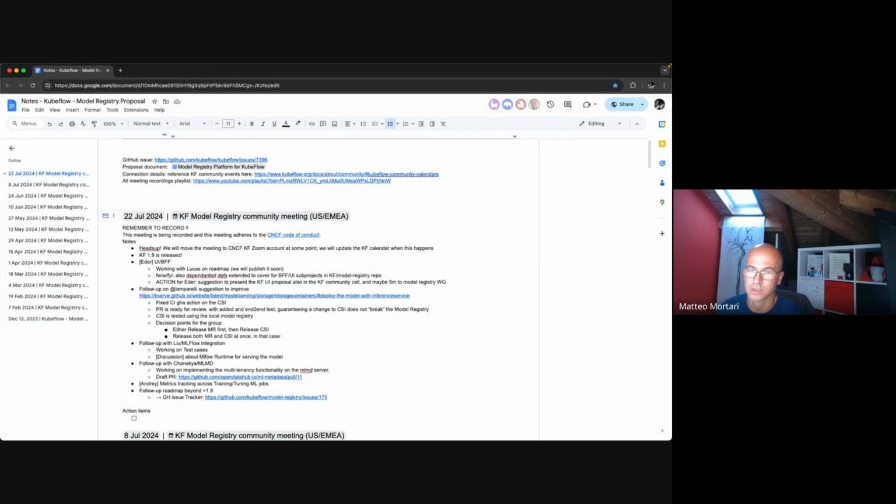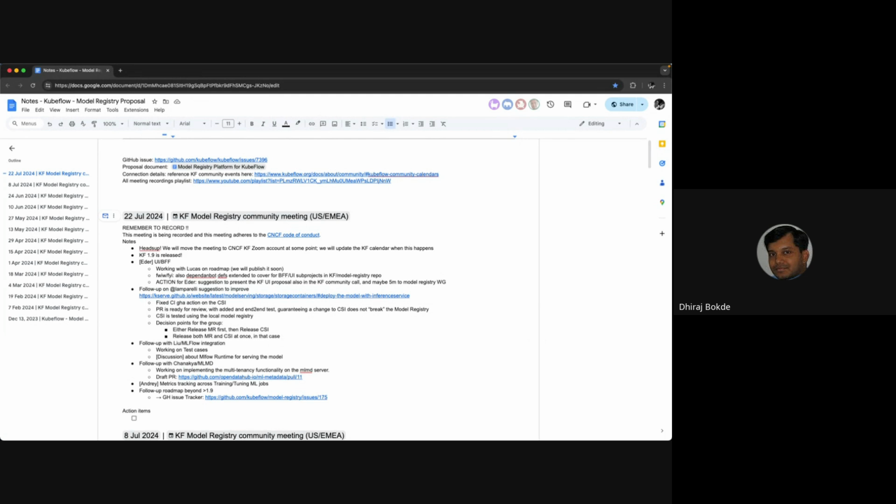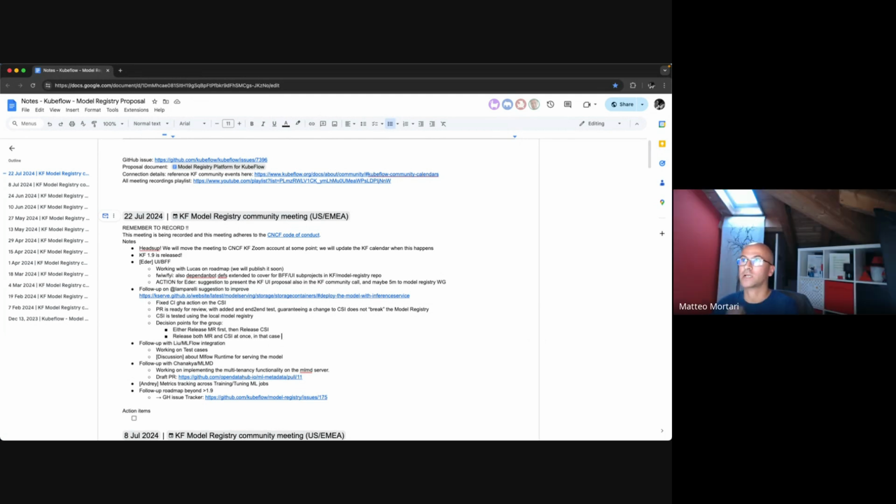So let's say that is not a problem at all. We just need to inform the steering committee or the community leads that we are going to publish another container image, and I don't think it is a problem, because we will have the same kind of thing with, say, the UI BFFs. Yeah, so I think that is not really a problem.